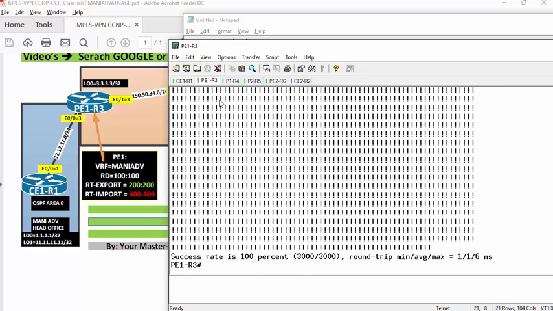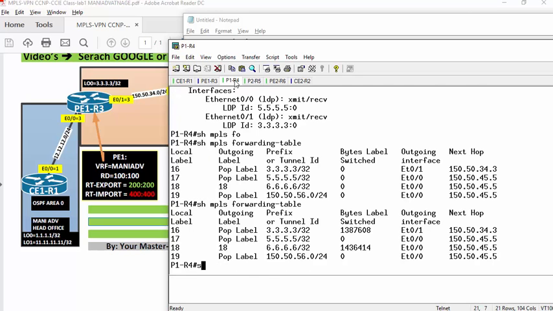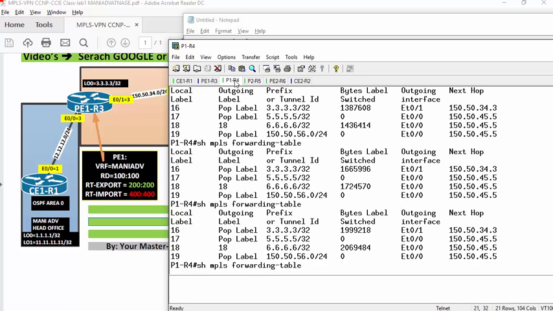It should work. Oops. Okay, we have to give a higher number, 3,000 is not good. I'm going to give 30,000. I'll go to P1, do up arrow. Just see the number of packets label switched is increasing. So basically this is one of the ways you can prove that MPLS is in action. So right now I know MPLS is working, so that means the routing between